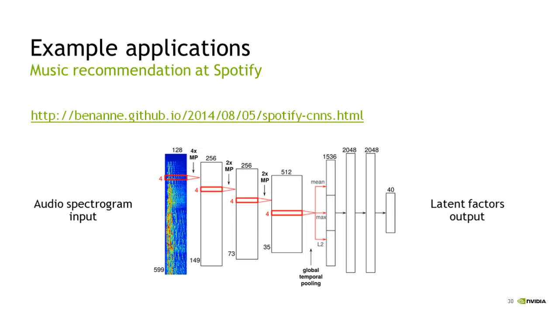And then at the output, computing latent factors or tags that might be applied to that music to describe it, so that when you have a collection of those latent factors or tags, you can find similar music, do similarity-based search on different songs. So Theano allowed him to take a convolutional neural network and apply it to this non-standard data type very easily. And there's a great blog post on this work at the URL shown on this chart.